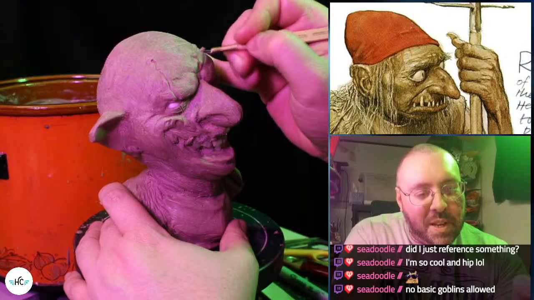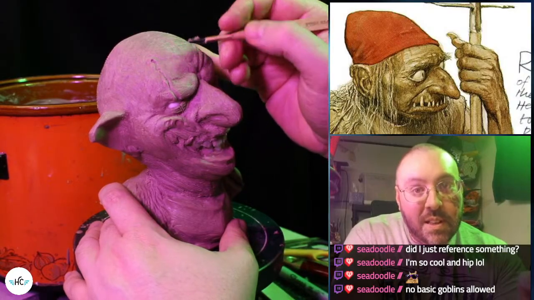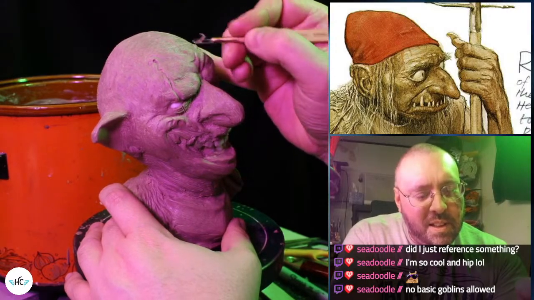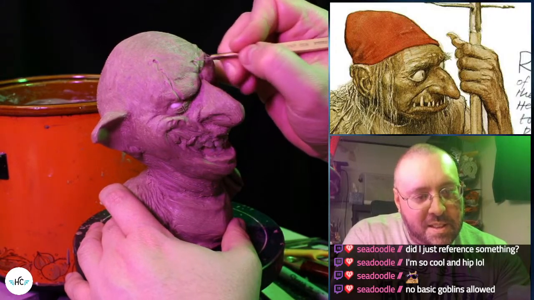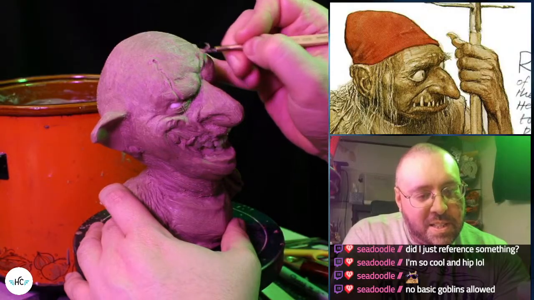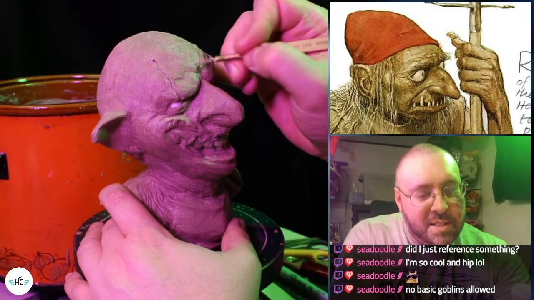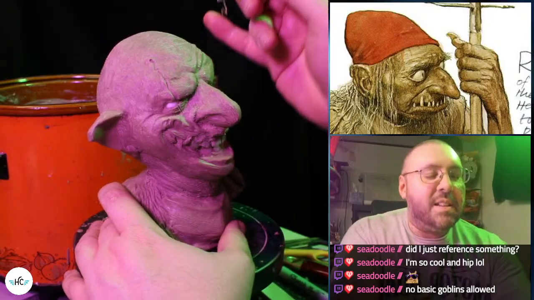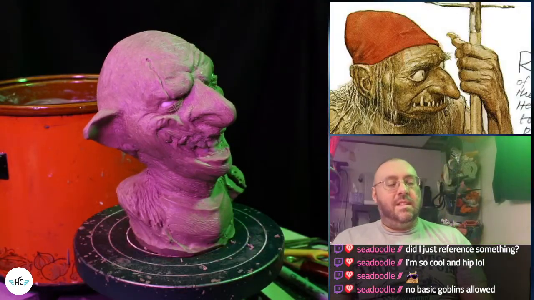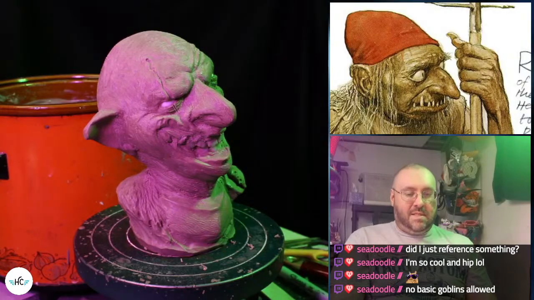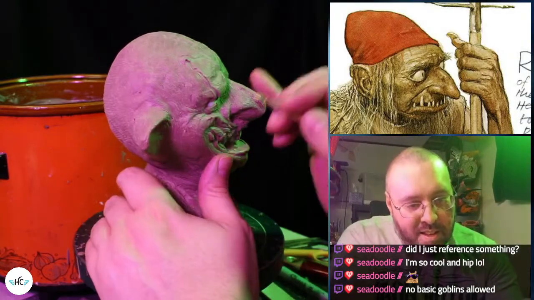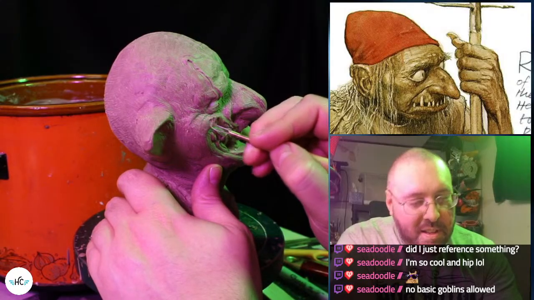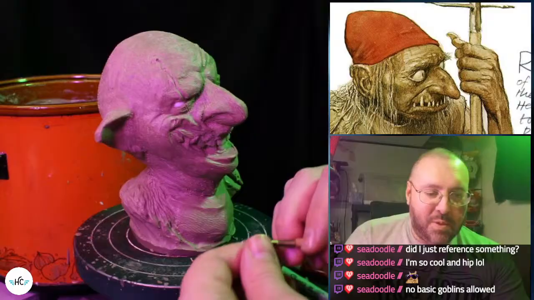Well, maybe not a basic goblin, but something without resorting to the craziest facial expressions and bizarre wrinkles and textures. Don't let that sort of thing be a crutch.